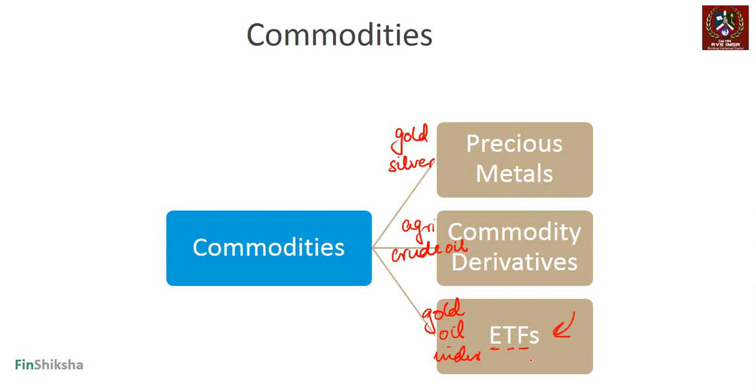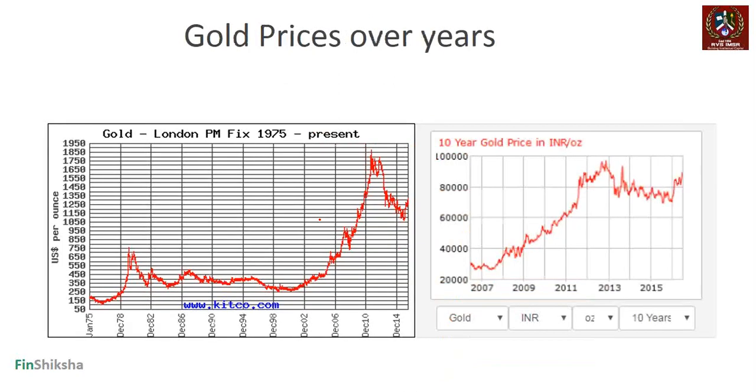But primarily, in terms of understanding how you make money on commodities, we need to understand that commodities help us make money majorly because of capital appreciation, right? Within this context, India is a country that has extreme affinity to gold. So we will look at the details around gold a little bit. First thing that we need to consider is gold prices over the years. On the left side, you have prices in US dollars. On the right side, you have prices in INR, Indian rupees, right?